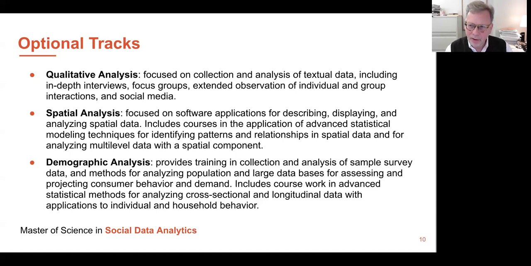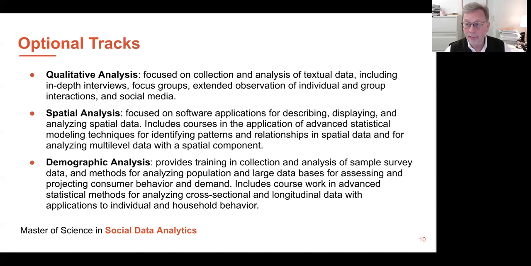So for instance, you're really interested in spatial analysis and you want to come out of this experience locating a job as someone who does spatial analysis, then this is a good option for you. It's an opportunity, again, to signal to the job market that, hey, not only do I have a master's degree in data analytics, but I have a particular expertise in the application of methods of spatial analysis for geocoded data.